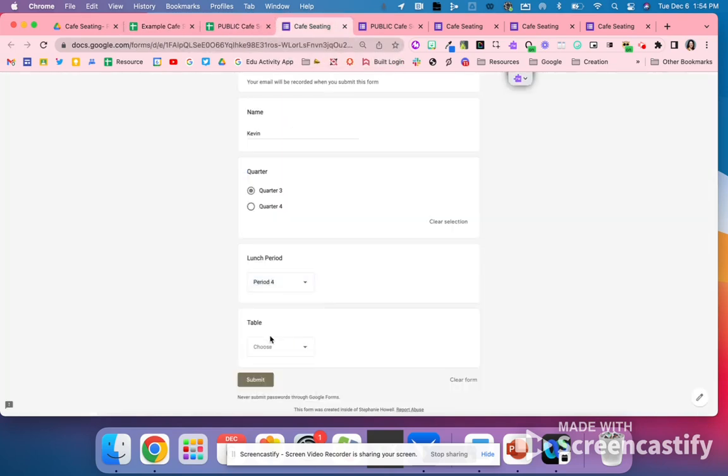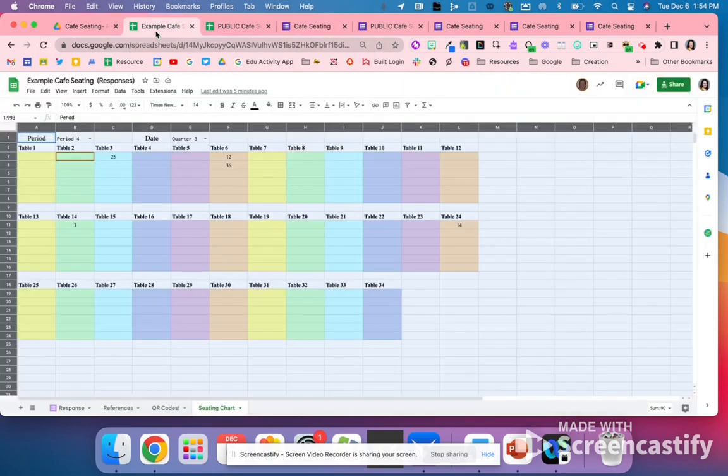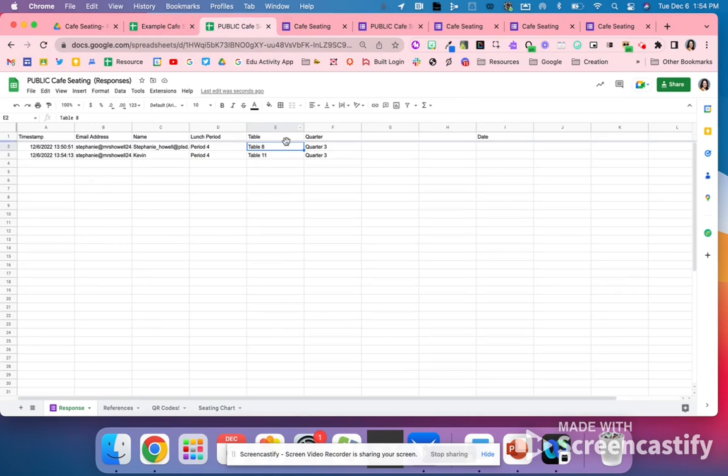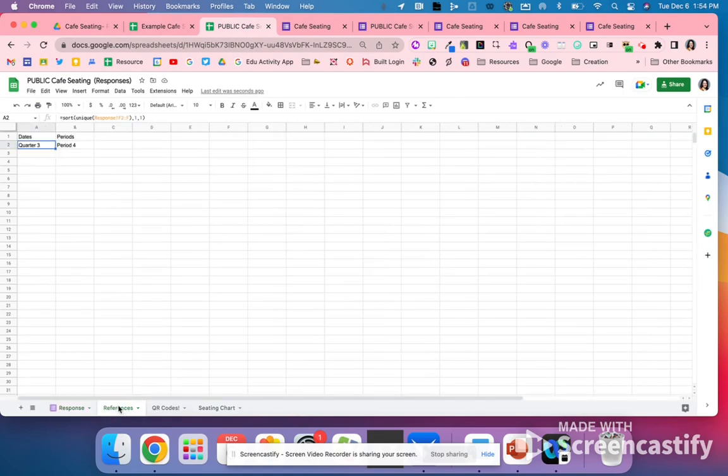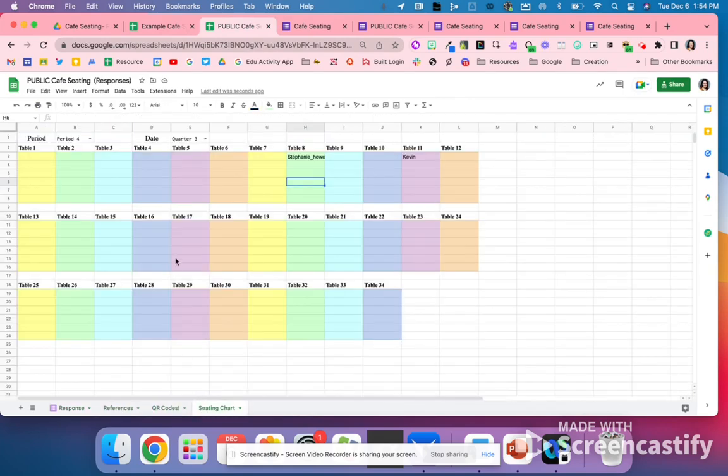Period 4 is my lunch, and then we'll do table 12 or 11 here, submit. So now I have 2 responses on my public example. Everything should be pulling, and now we can see that individual right here. So again, you do have to copy it over from the example just to get the formulas running with this Google form, but for the most part, it is all